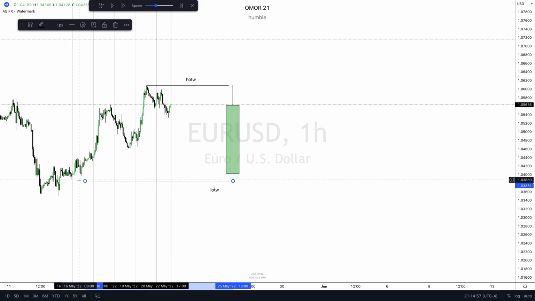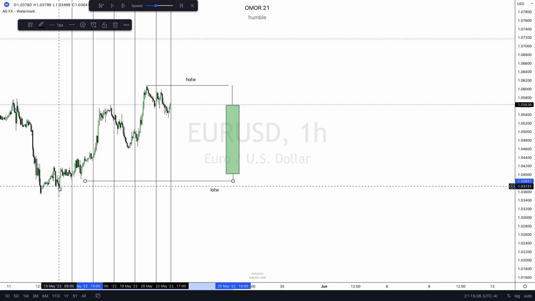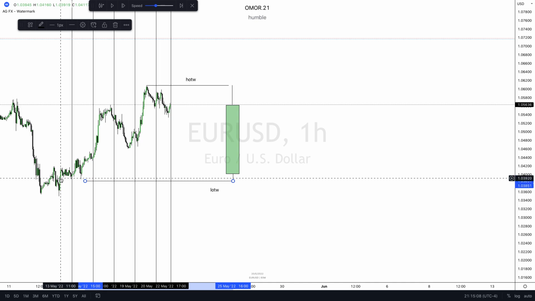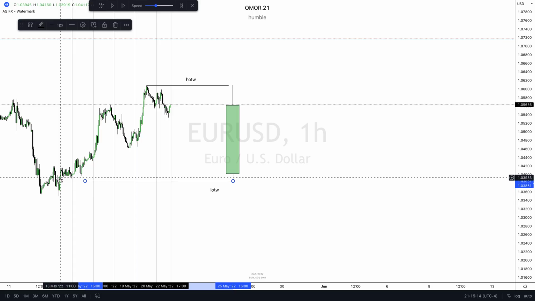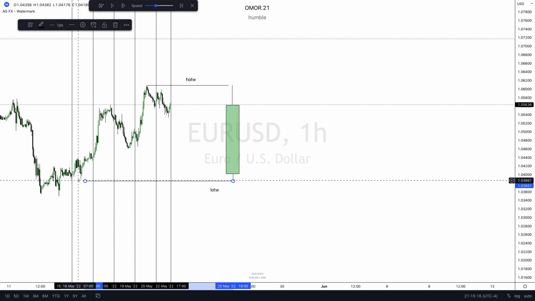In saying that, this is where your knowledge of the PDA matrix comes into play, right? For example, this. What do we have here? We have order block and fair value gap. This is where I expected the low of the week to be made, and I said this in the weekly commentary. I want to see the price come down into here, and I wanted to trade off of that because that was the most logical area for the low of the week to be made for me. Now,